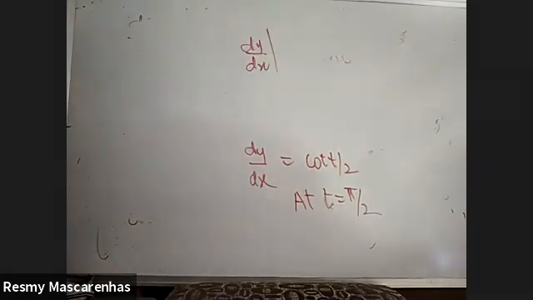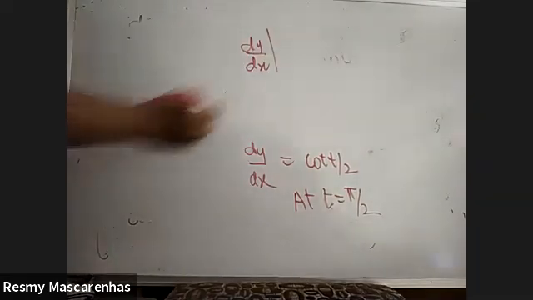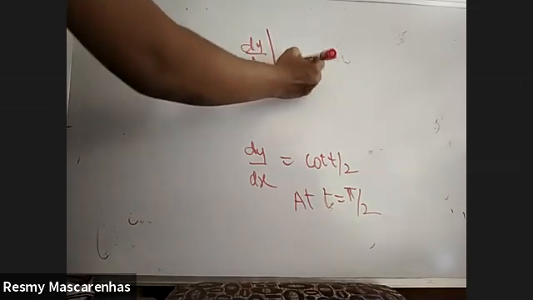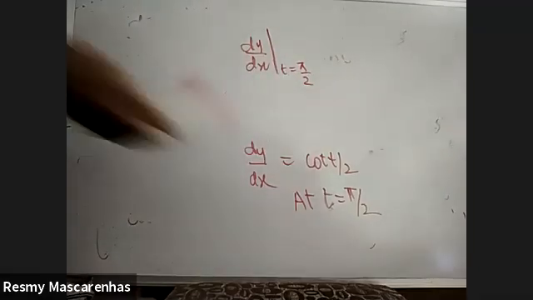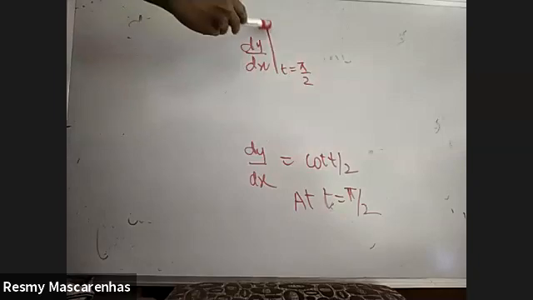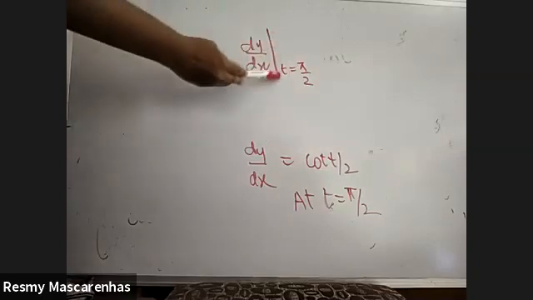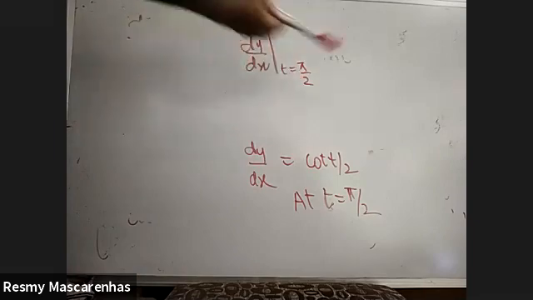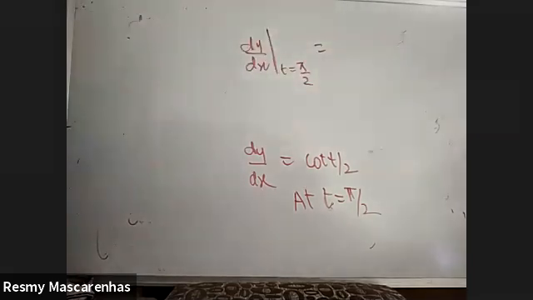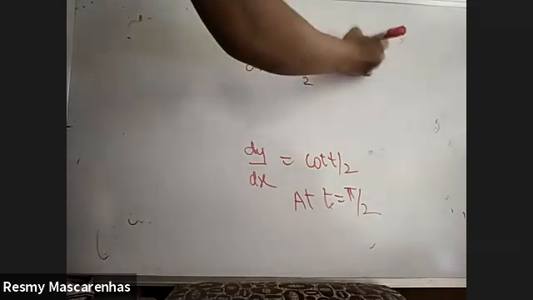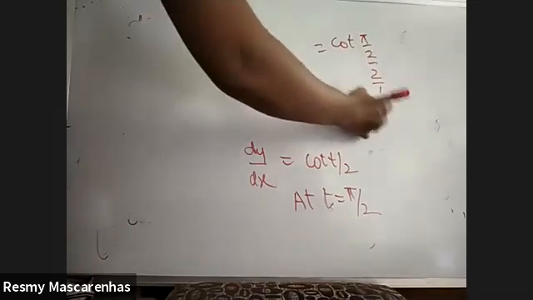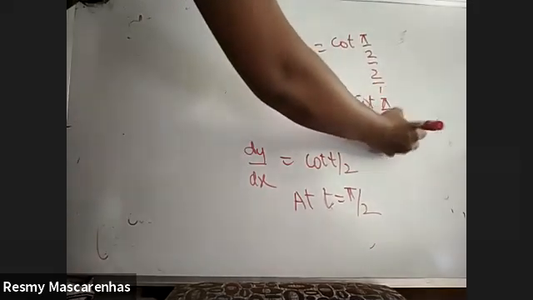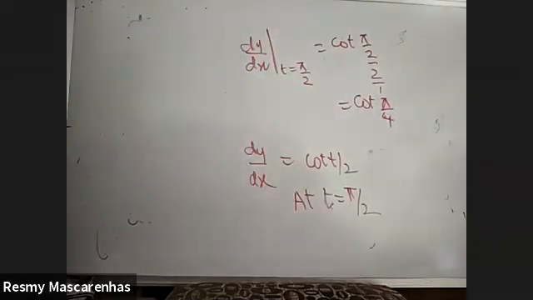In some textbooks, they will write like this also. It means the same. They will put a dash like this, at t is equal to pi by 2. This dash means at. If you don't write also, no problem. You can write like this also. But if anywhere you come across this dash saying t by 2, it means what? At t is equal to pi by 2. So it will look like this, upon 2. So this will become ulta and become cot of pi by 4 because the half will go that side. And that is nothing but 1. Answer is 1.